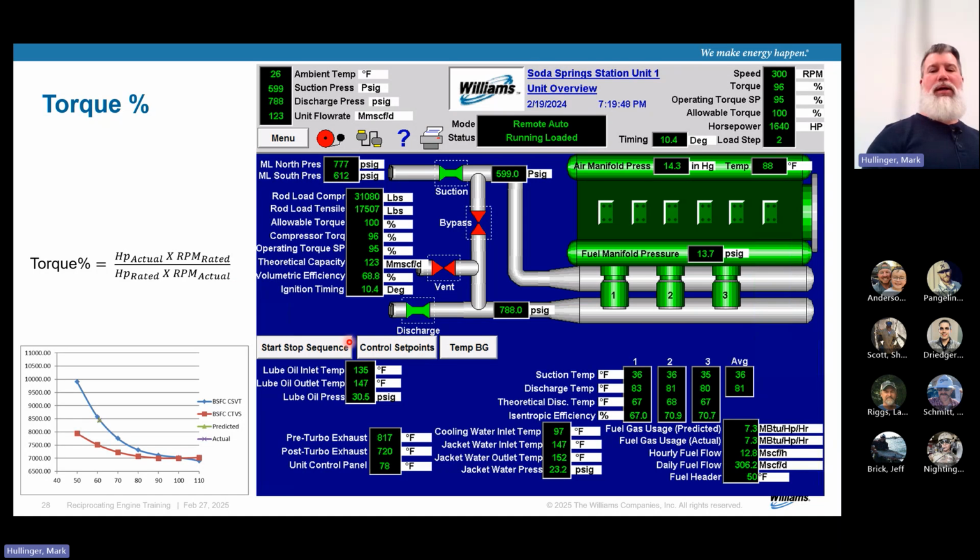Do you see these right here? Now, we don't really use these a lot, but this is actually a performance parameter. We have fuel usage predicted, fuel gas usage actual. Okay. Do you see the units? 1,000 BTU per horsepower hour on there. What the heck does that mean? All that is energy in versus the energy you're getting out. We just confused you by putting BTU divided by horsepower. What we should have done is